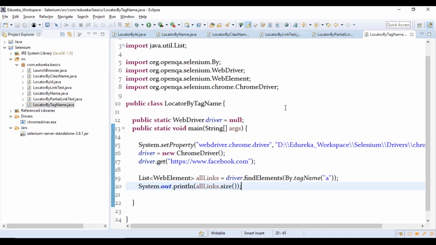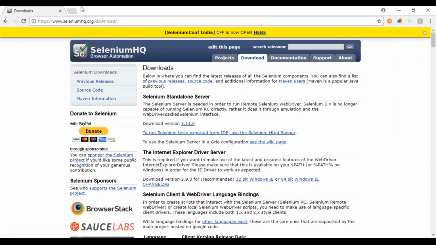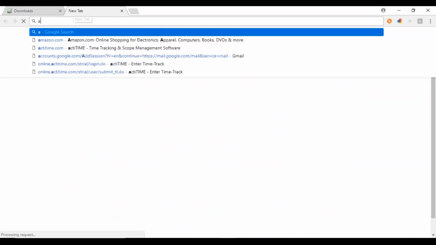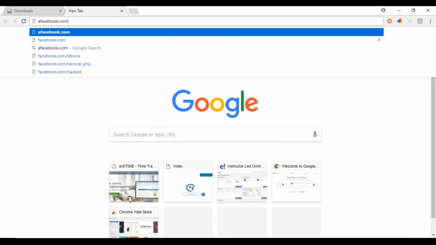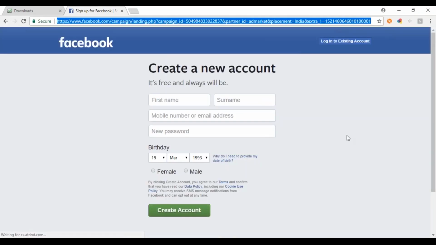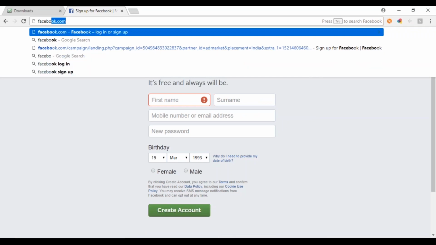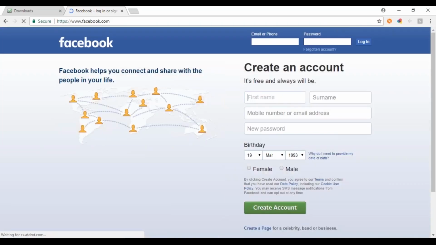DOM is nothing but the Document Object Model. It is also called the XPath of the web element. For example, say you have facebook.com, which has the structure of... Oh, it is loading. Great. Perfect. Let me directly go to facebook.com. All right, great. So now when you inspect this,